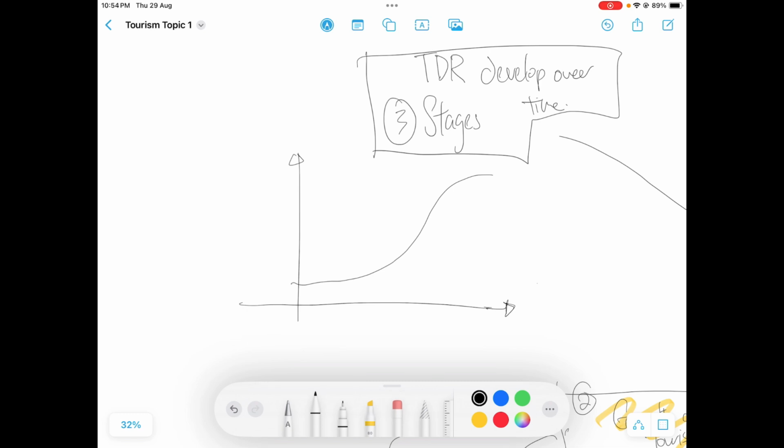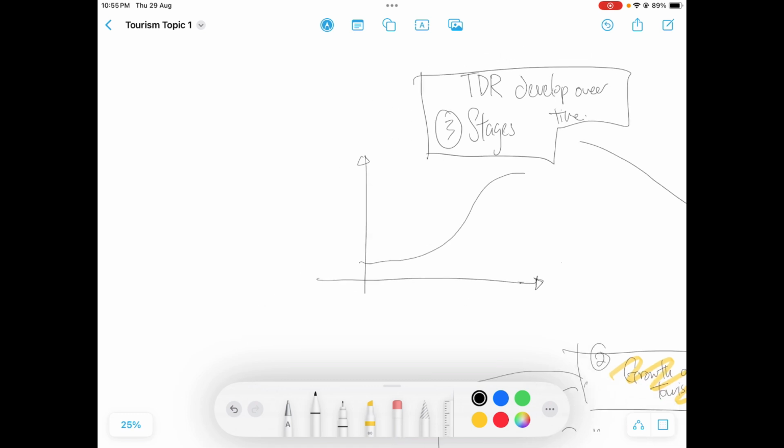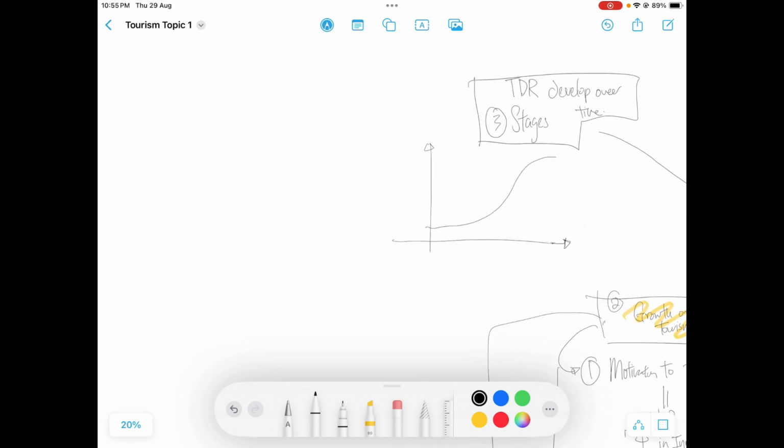In these development stages, there are basically 7 stages. These 7 stages could be tested in a way whereby you need to explain what these 7 stages are, right? So you need to explain all these 7 stages, and I'm going to try to